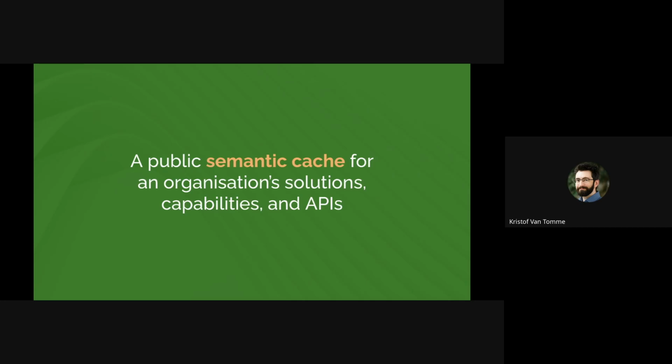Because normally semantic caches are things that you set up in front of your inference engine. Like if you're using Gemini, you could use a semantic cache before it will go and search inside of your